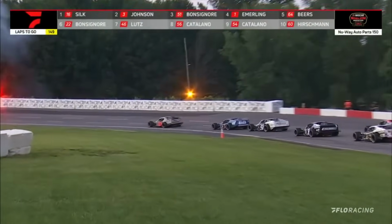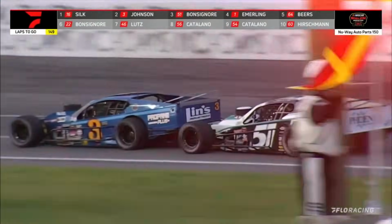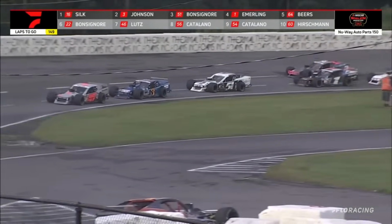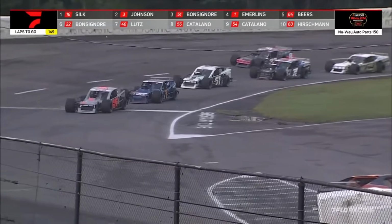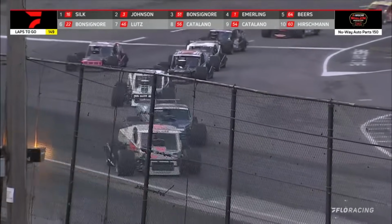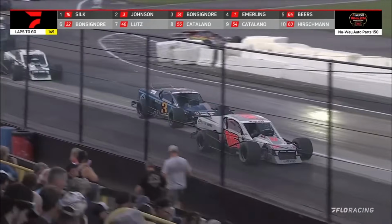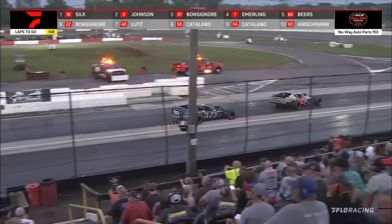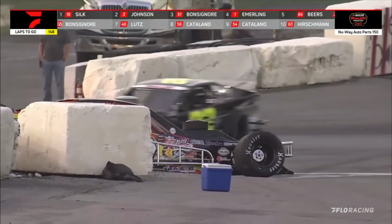The caution flag is out here on just the opening circuit or so. You see Justin Bonsignore getting into the back of Jake Johnson. You saw on that opening lap, Johnson really shipped it in there on turn 3. Got it a little hot down into the corner. Bonsignore going back and saying, hey, it's a little early for that. Yes, it is. And remember, they did not have a lot of practice due to the weather conditions and the